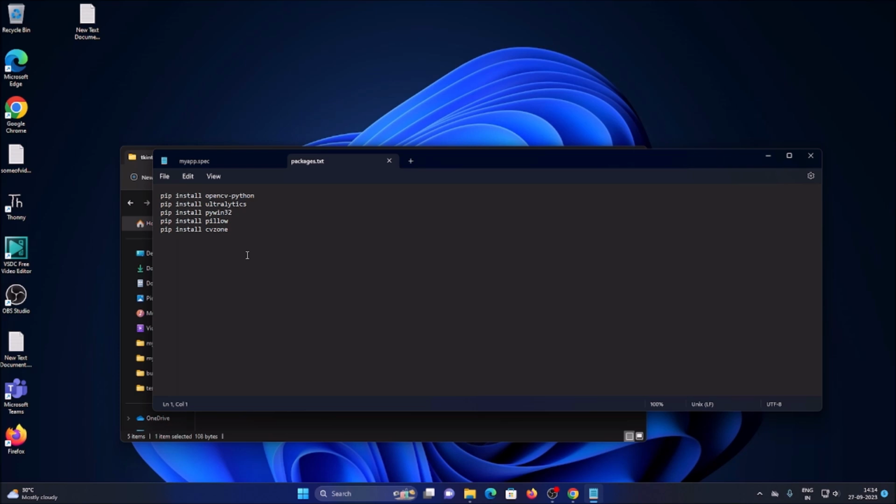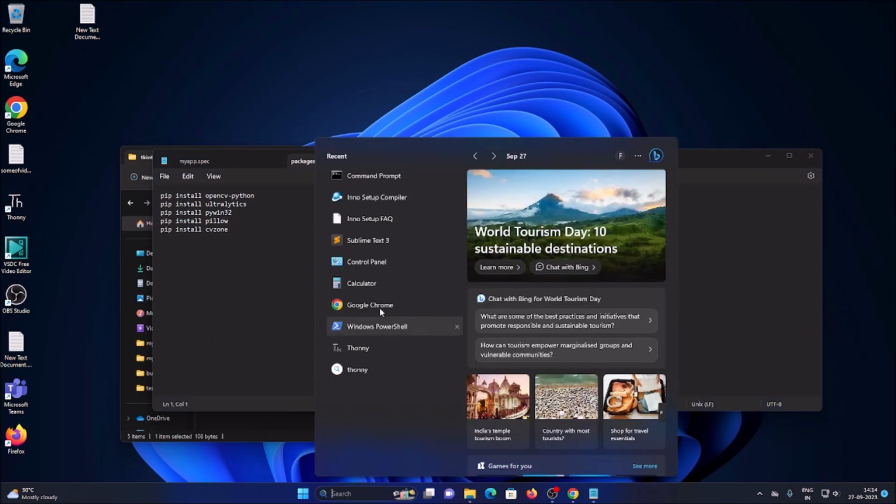Because when we convert our application into a setup.exe file and you try to install this application on another computer, on that computer there is no Thonny Python IDE, there is nothing. So the application will basically use the command prompt. So we want to cross check our application in cmd, so we want to install all these packages along with the Thonny Python IDE also from our command prompt. So let's just open our Thonny Python IDE